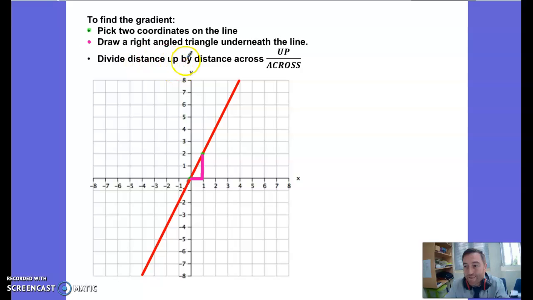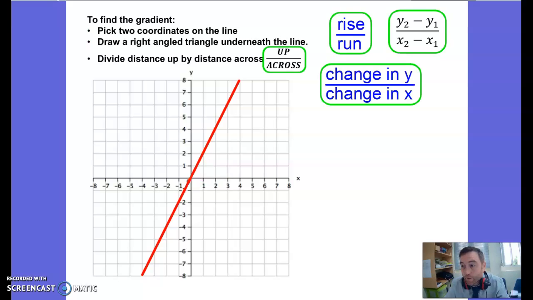Then I'm going to divide the distance it's gone up by the distance it's gone across. So this has gone up 2 units for every 1 it's gone across. So I'm going to do 2 divided by 1, and that is going to give me a gradient of 2. Now there are many, many different formulas for this, but the principle is always the same. We always find 2 points on the line,